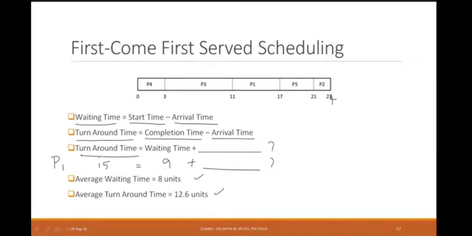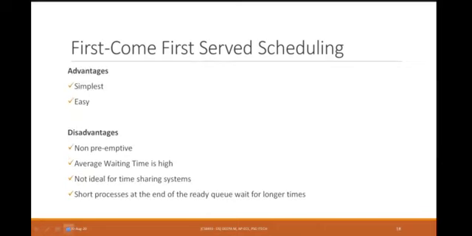Yes. Good. So you can check it with all your answers. The answer is 6 here, and that is nothing but your burst time or your CPU burst. So your turnaround time is nothing but waiting time plus CPU burst. The last one is why this is the simplest method of implementation of a scheduling algorithm, and it is easy. And the disadvantages are it is non-preemptive, which means I cannot interrupt in between in order to make some other process take the CPU.